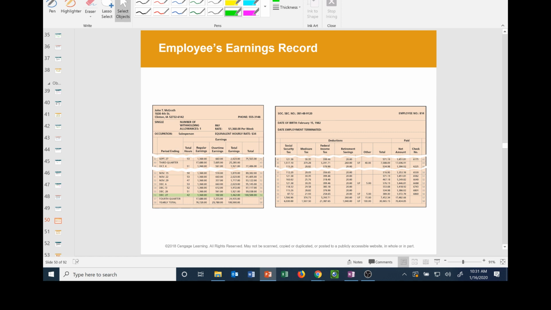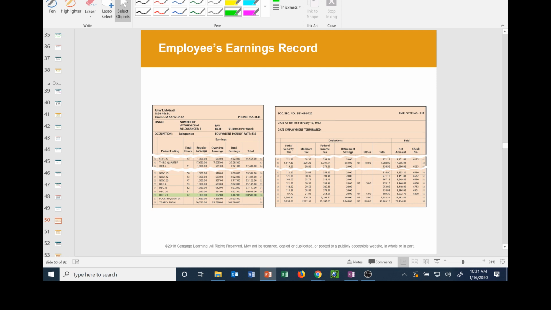Now this is one employee. This is total paychecks for the year. All right, one employee. Now here's what he has made the whole year. He made 100,500. Here was his net pay, 70,000, what have you. But anyway, that's for one employee. That's what you'll do the W-2 from.